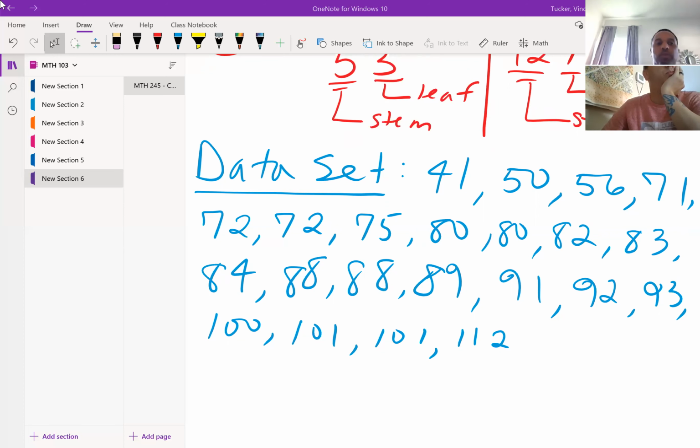So the first thing we would do is start off. Now, I have these in order. Your data set may not be in order. It doesn't necessarily have to be, but you do need to find